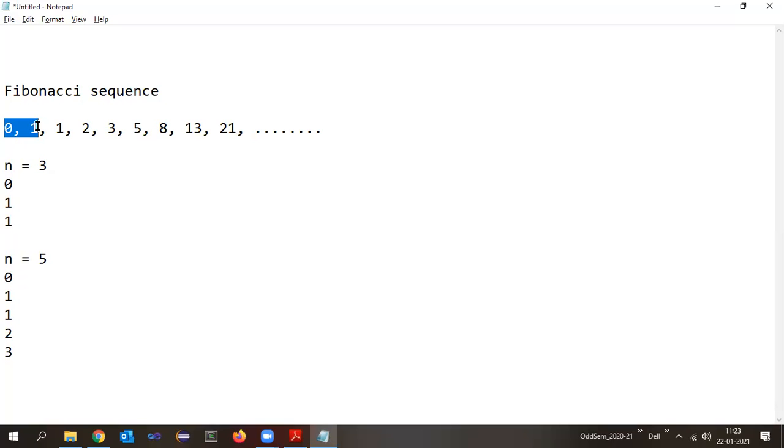We have to enter a number more than 2, because the first two already exist, so we can only start creating from the third number onwards. If n is 3, then 0, 1, 1 should be displayed. If it is any greater number, then numbers up to that count have to be displayed. Understood the theoretical concept? Okay. Now, let us try to write a program for this.